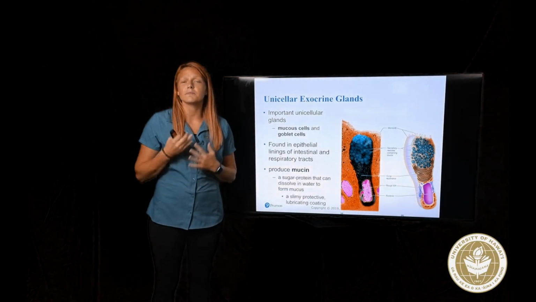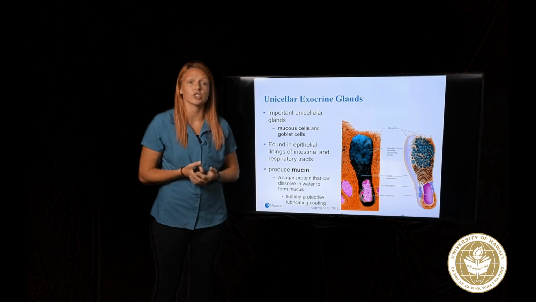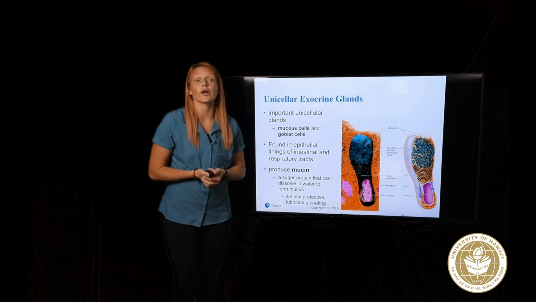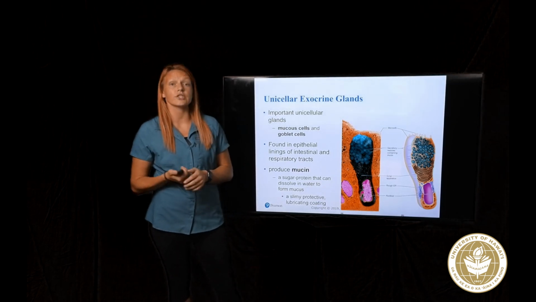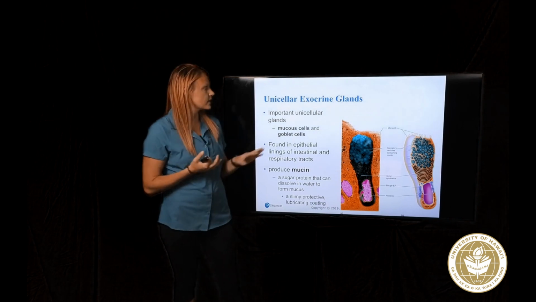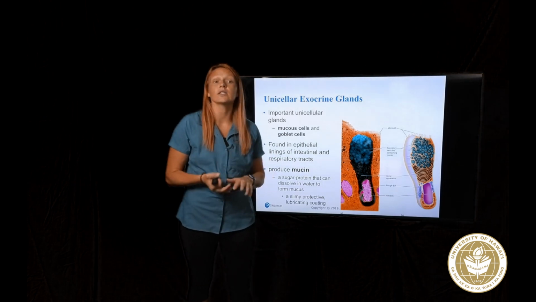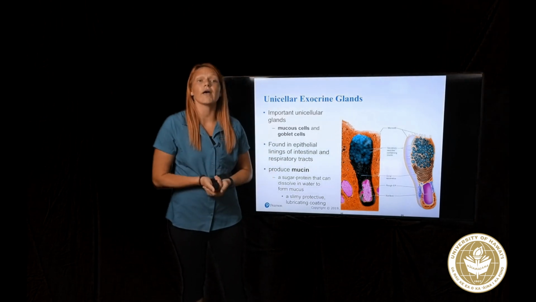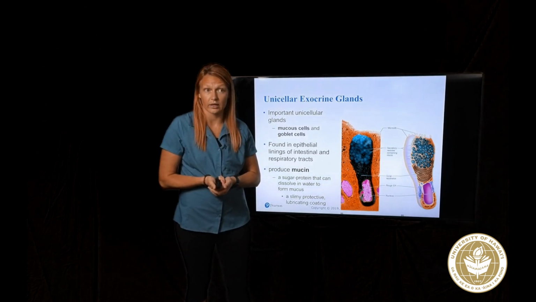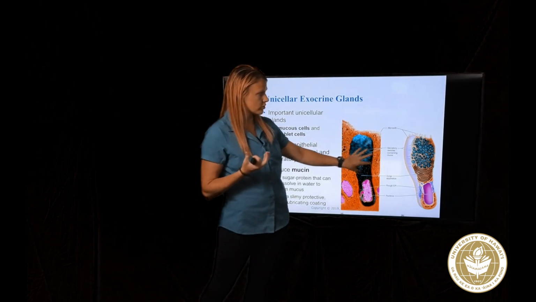And really, specifically what I want you to really learn about in terms of the glandular epithelium is your unicellular exocrine glands, such as your mucus cells and your goblet cells. So the exocrine glands, these mucus cells and your goblet cells are going to be unicellular. This means they have one cell, and they're found in the epithelial linings of the intestinal as well as the respiratory tract. So when you look at them underneath the microscope, or you look at them even in these pictures right here,